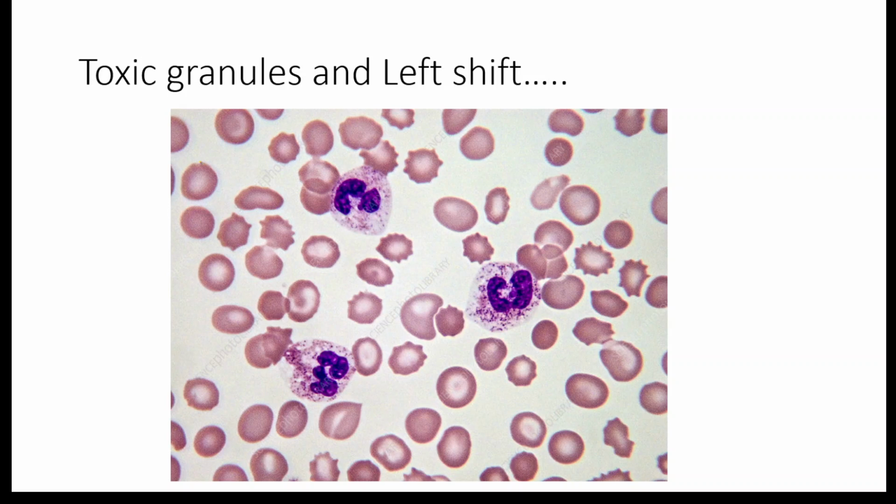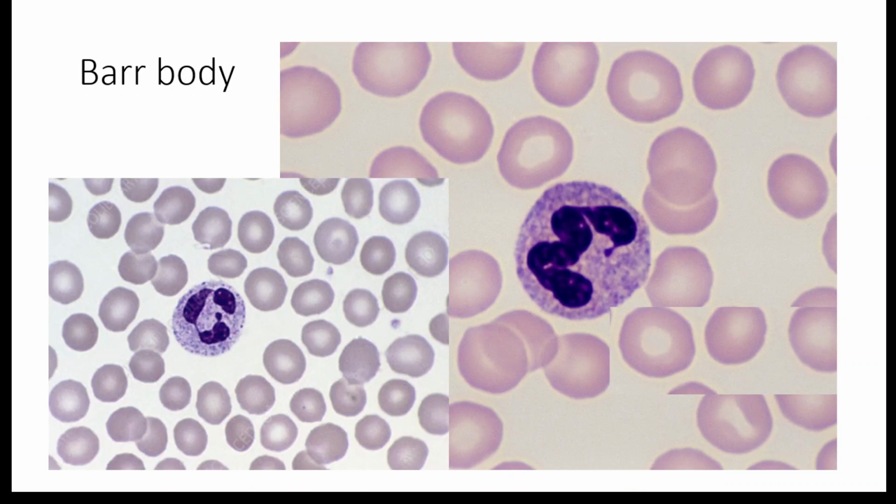If you start seeing more of 2 and 3 lobe neutrophils having these prominent granules, and in some of the neutrophils you could see certain clearings in the cytoplasm called cytoplasmic vacuolations. A triad of these three, shift to the left, prominent granules, cytoplasmic vacuolation, these are all suggestive of sepsis.